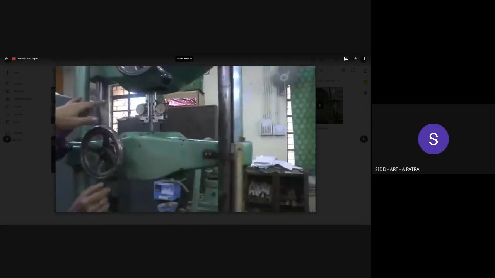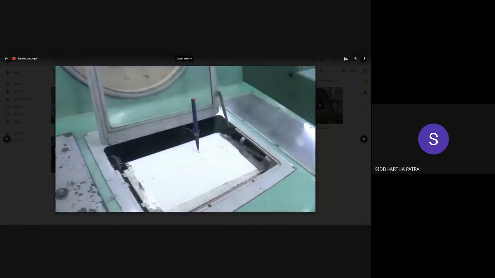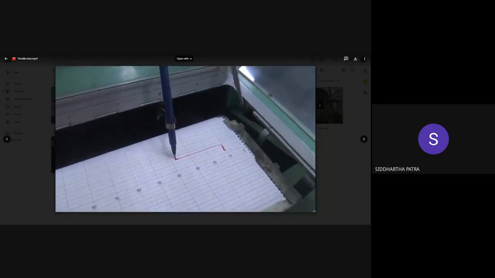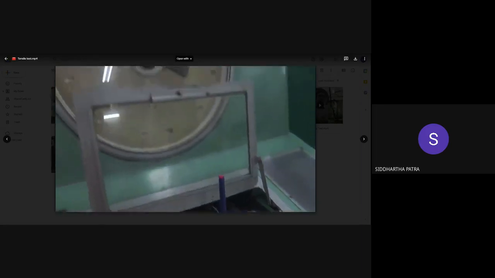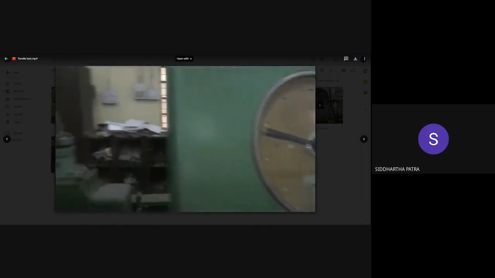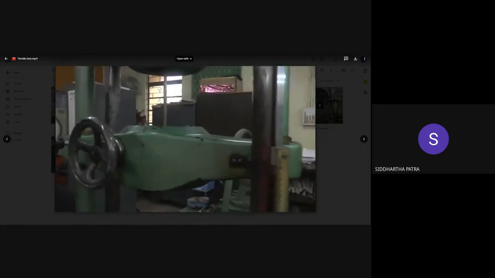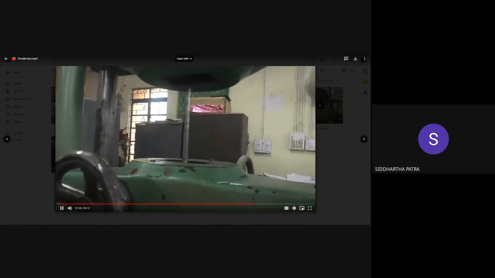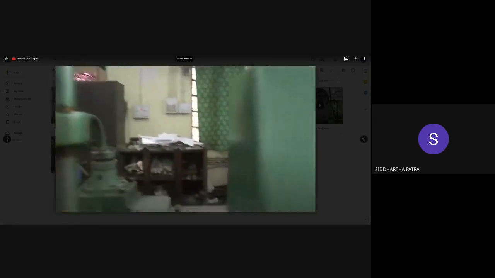So right now we have reached the yield point, and as we can see, we are developing rapid extension at the yield point. So what we are doing is we are removing the extensometer. Beyond this point, we will not be attaching the extensometer. So the yield point value is 27.5 kilonewton. From that you are supposed to calculate the stress.